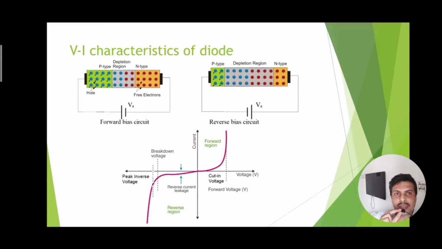In case of reverse bias, as we are seeing from the figure, the N-type semiconductor is connected with the positive terminal of the battery and the P-type semiconductor is connected with the negative terminal of the battery. Under this situation, if the voltage is increased, the reverse current does not increase much, but a current of the order of few microamps will be flowing through the diode in the opposite direction to the arrowhead in the symbol.